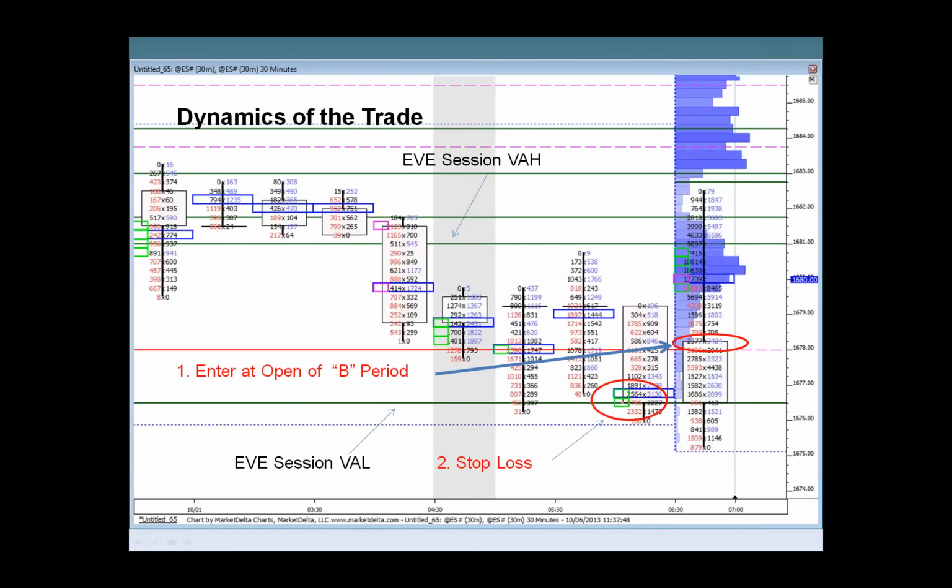So I rely on the KVT to help me determine where my stop loss would be. Now, by virtue of the fact that I had a short distance or a minor exposure, if you will, only about 6 or 7, maybe 8 ticks at the most,